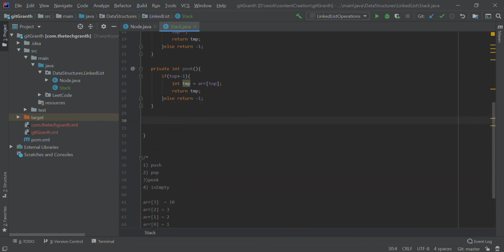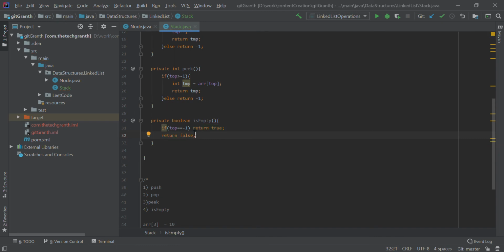And finally we have isEmpty. So private boolean isEmpty will be a boolean function, and I will say if top is equal to -1, return true, otherwise you return false.